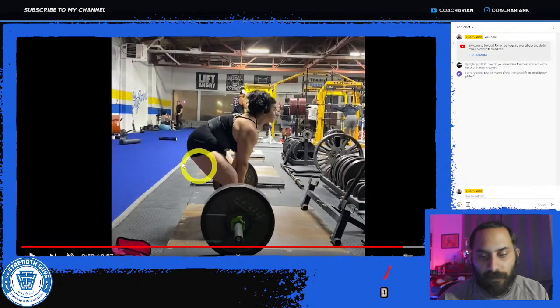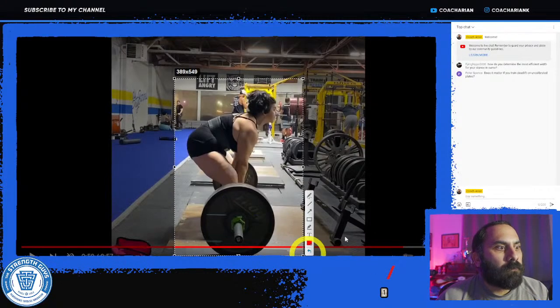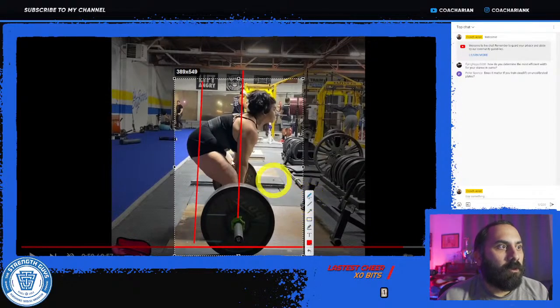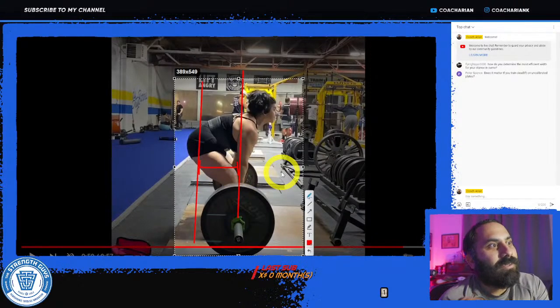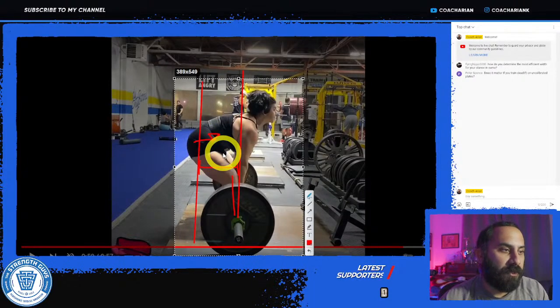So this distance, I can draw that again. If we have the bar right here, and then we have the hips somewhere around there, we're looking at this distance right here. That distance is far because the knees are collapsing in and then the hip is shooting up and moving away. Now, if we can get the knees out to the sides more, then you're able to get the hips closer, and then the hips are going to be closer to the bar. It's going to be more efficient.